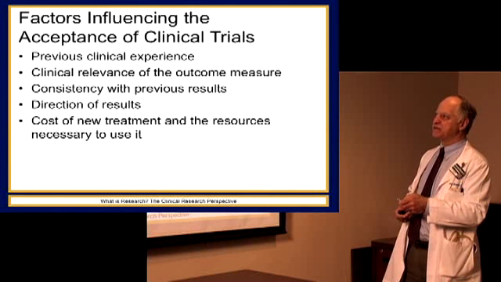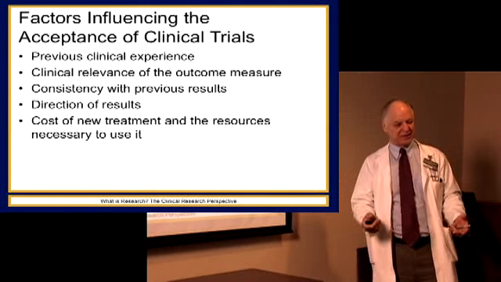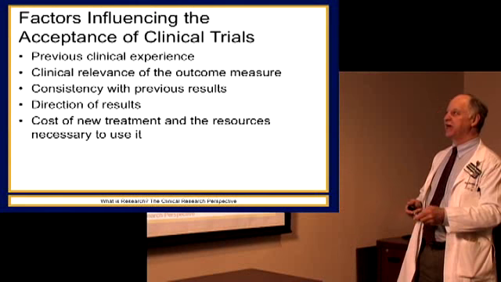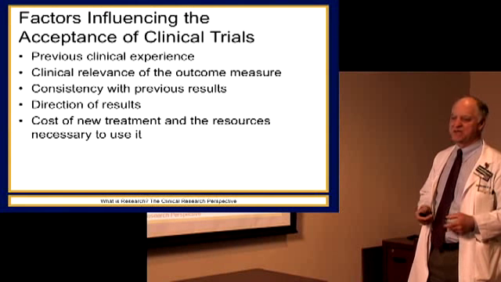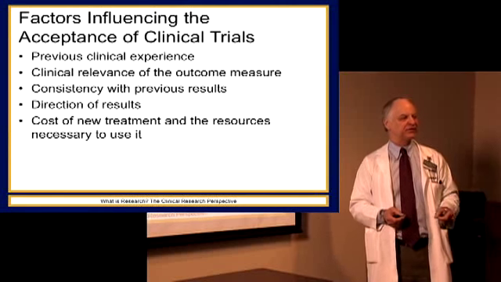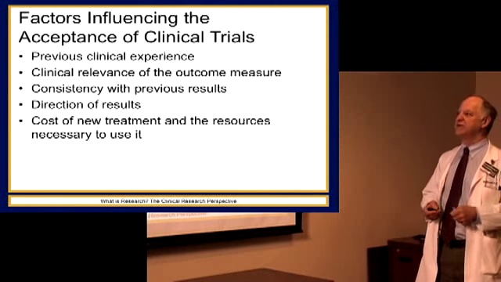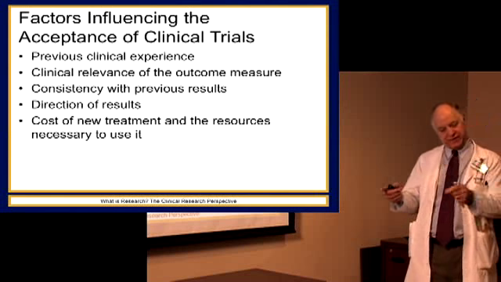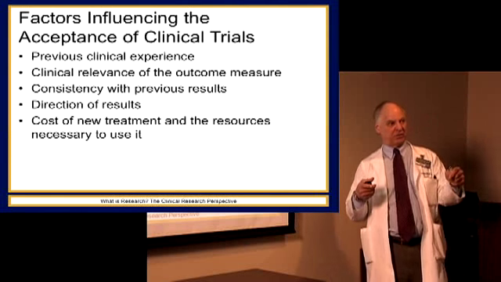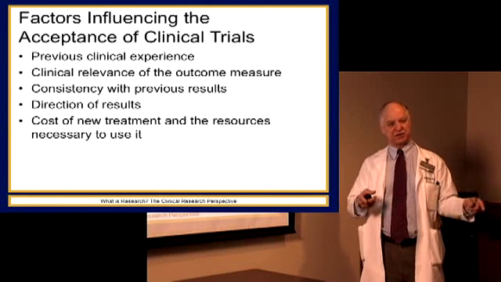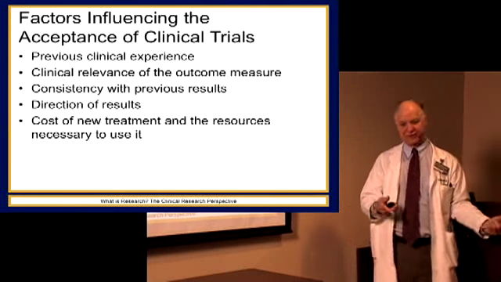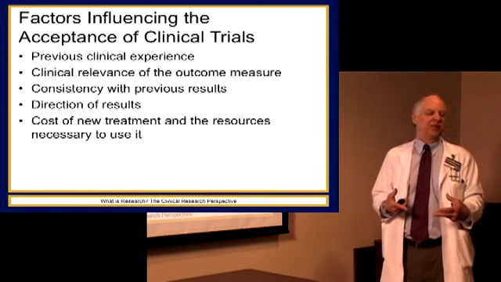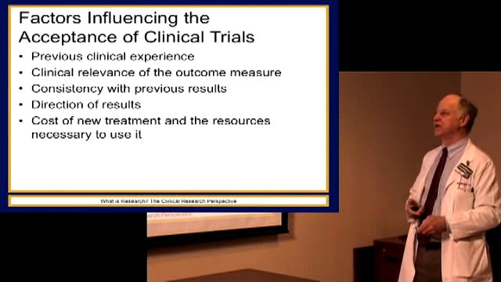Consistency with previous results. If a study is suddenly positive, but there have been 10 other studies with that same drug that were negative, I don't know what to do with that. The direction of the results. Typically positive studies generate a lot more interest and movement than do negative studies that say this drug's no better than placebo. In that case, we're talking now about a drug that was already out there and available and being used for something, and a study then shows that there's no effect, where the no effect means something for practice because the drug is available and people are using it.